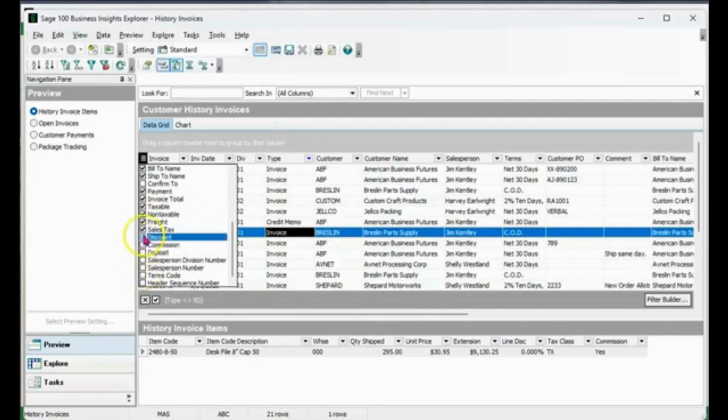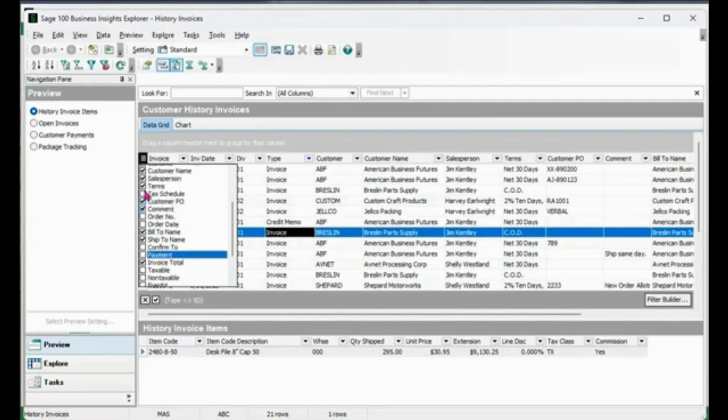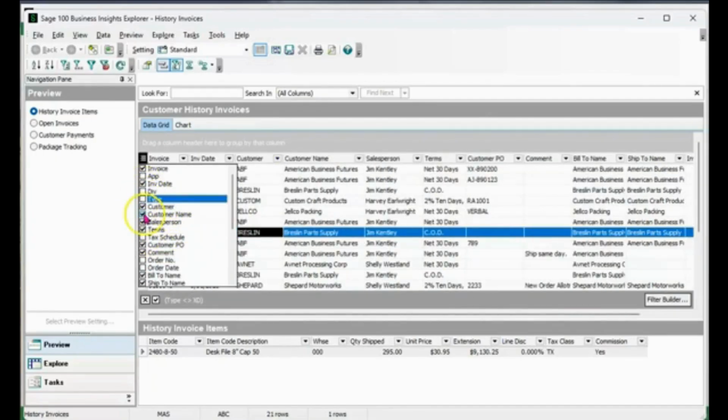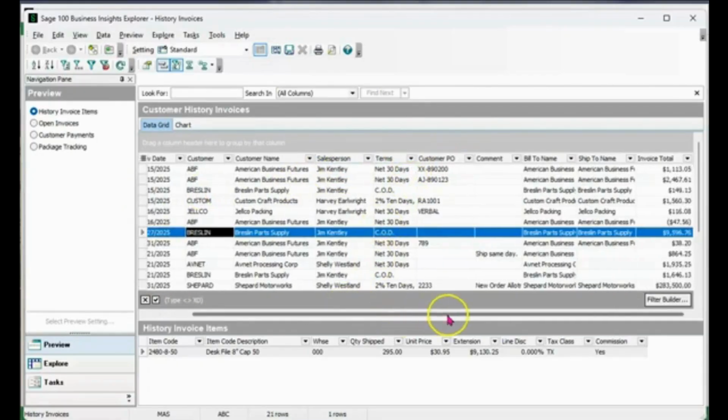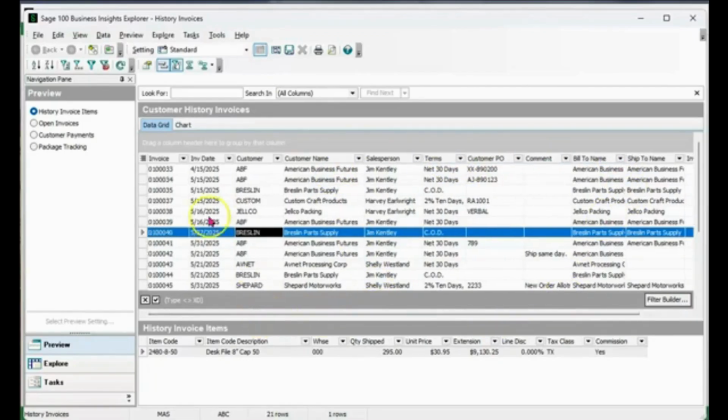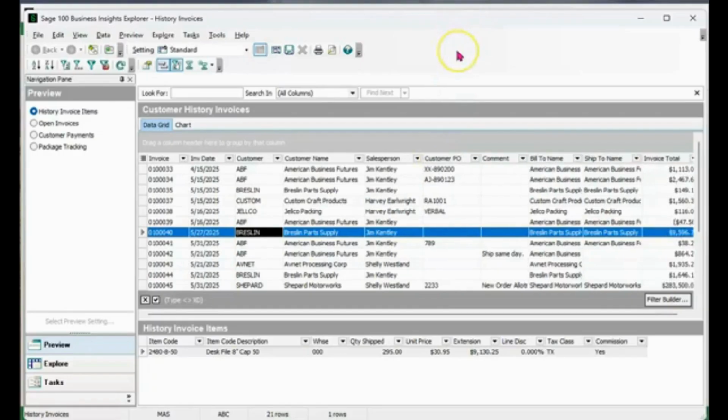So if you want to skinny this down to just the invoice total and who it was sold to, it kind of streamlines the detail that you're going to see on the screen. Makes it very easy to work with. So now what we've got is strictly the customer, the invoice number, date, and the amount of the invoice. And remove the terms too. Again, you can just pull that right off to the top and it just takes it off the screen.